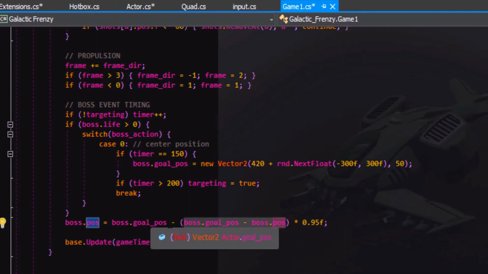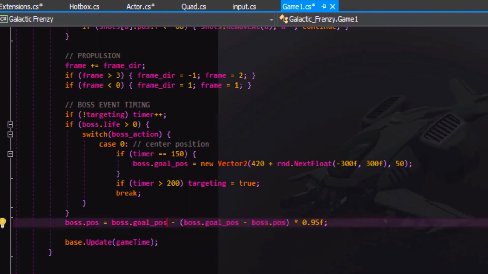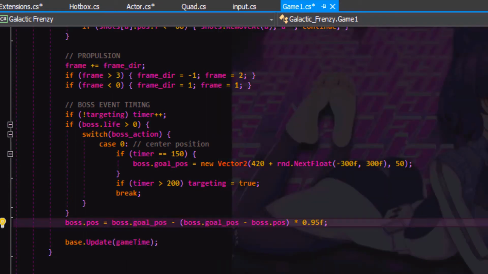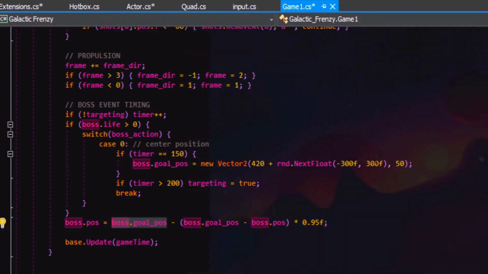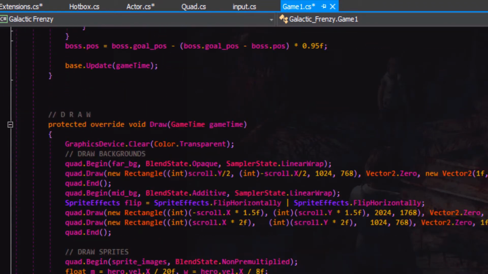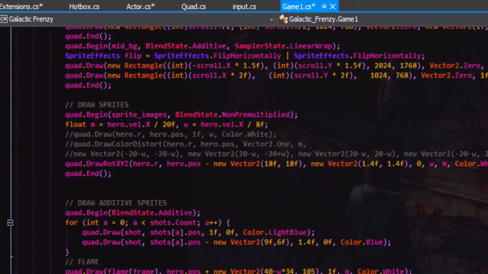So if we subtract that value from here, this will be effectively 5% here, right? Because we want to be 95% back from the goal position. I mean, you could do it the other way. You could go based from the boss position and do a 5%. Hopefully that makes sense. We're just getting 95% of this distance each time, and we're subtracting from the goal position. And that way he'll smoothly blend from the current position to this goal position. Now, if we want, we can go down into draw and add in the drawing of the boss so we can actually see this working.